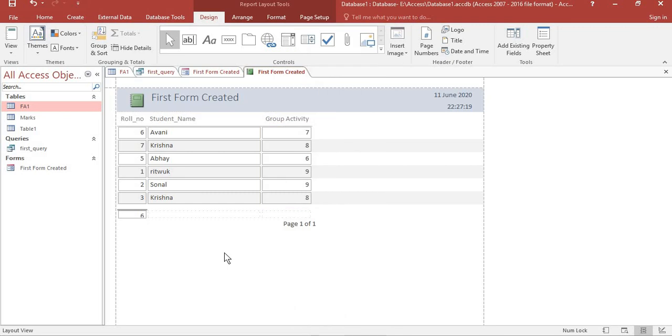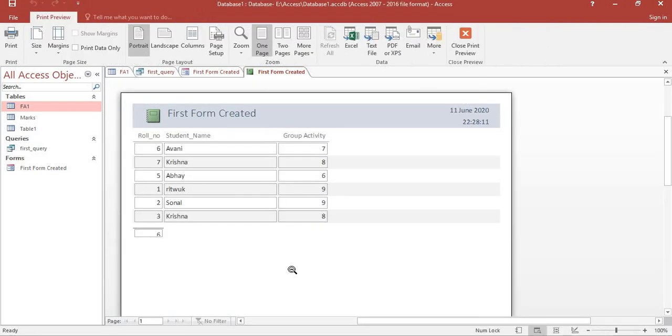Now when you click here, you can see the yellow border appears. We can resize it accordingly if we want. Suppose in the report, I don't want it to be this big. That's why I'm resizing this.